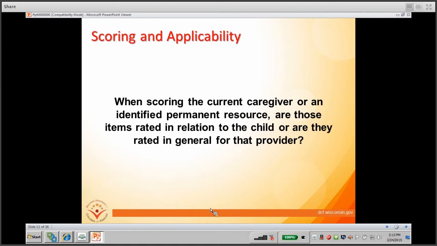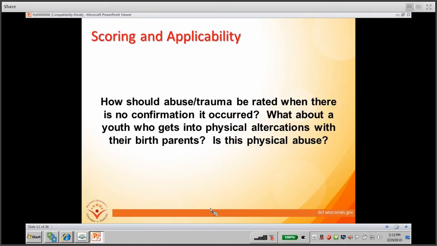A current caregiver who has more than one child placed with them, or an identified permanent resource being considered for more than one child, could have different ratings depending on the child you're rating the provider for. So it is a child-specific rating for that provider. Generally, they don't change too much from provider to provider, but they may.